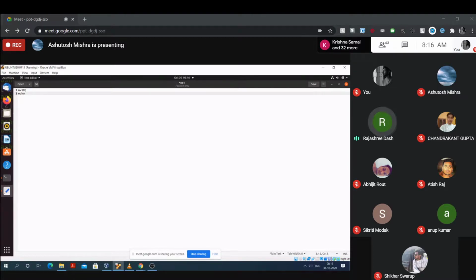Then within double quotes write A equal to, with a space after echo. No square bracket, nothing is required. Only write echo A equal to. How to access the value of A? Simply by putting the dollar symbol before it. So write A equal to $A.